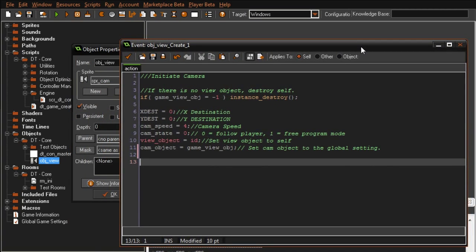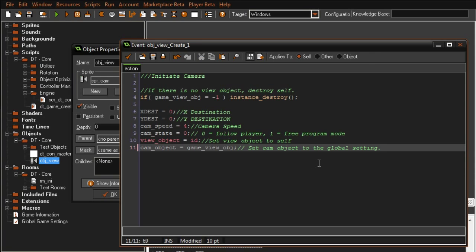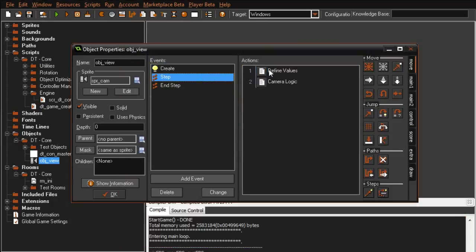Where is it? Okay, yep. obj underscore view dot cam underscore object is equal to my new object. You can call that in any object, any script, whatever, and it will point and jump to whatever object that you specify, which is kind of nice. So next we'll go into